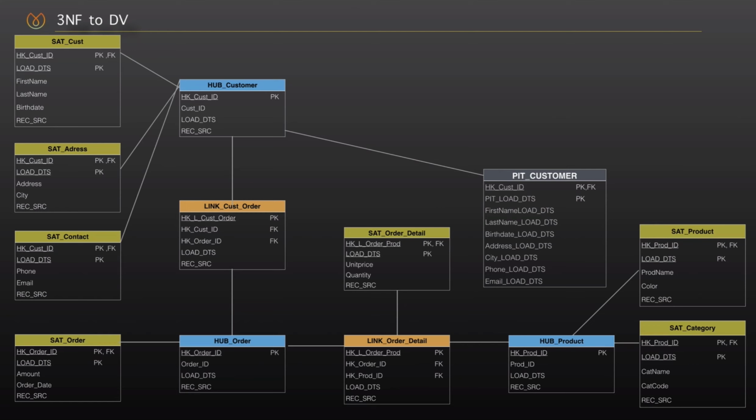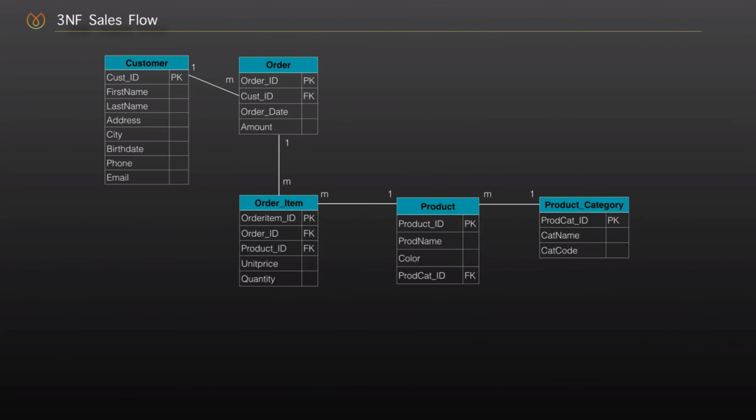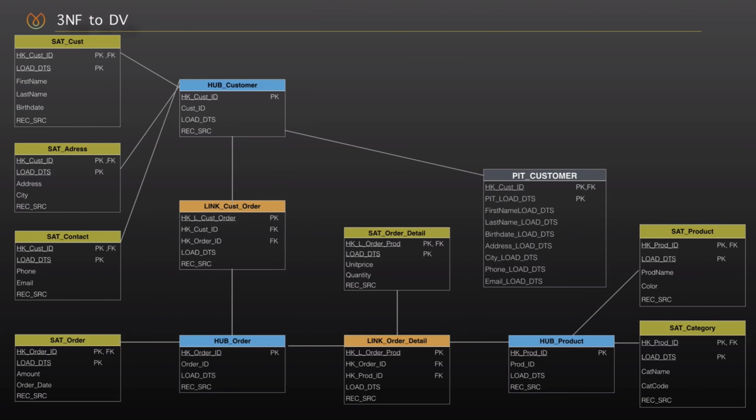Okay, after extending our model with the performance tables, now we will check how changes in the source system will impact our data model. Let's assume that customers would provide a different delivery address or pickup location for product delivery from their own address. And they would also share a deputy person that would receive the delivery. And due to a change in business model, now we collect this data in the operational system and need to integrate it into Data Vault as well. As we know, one of the key architectural benefits of Data Vault is that it can handle changes flexibly. So we could extend the model incrementally without